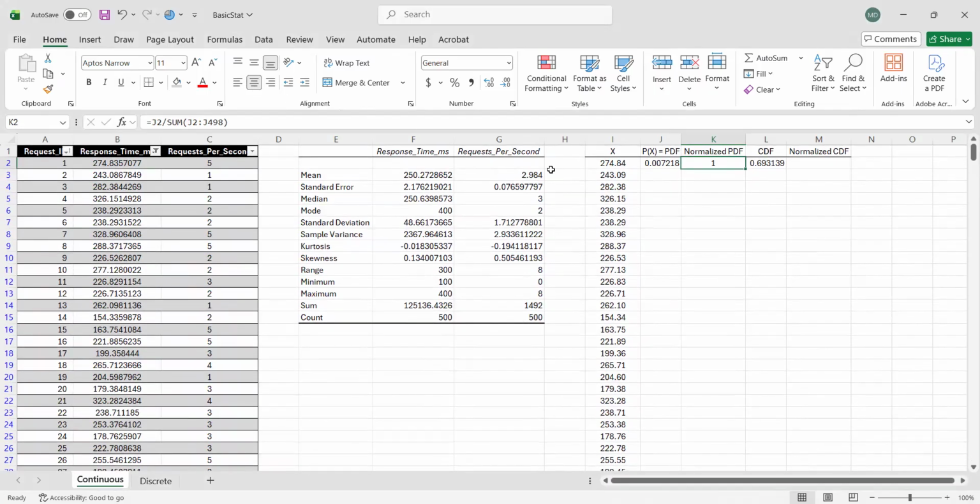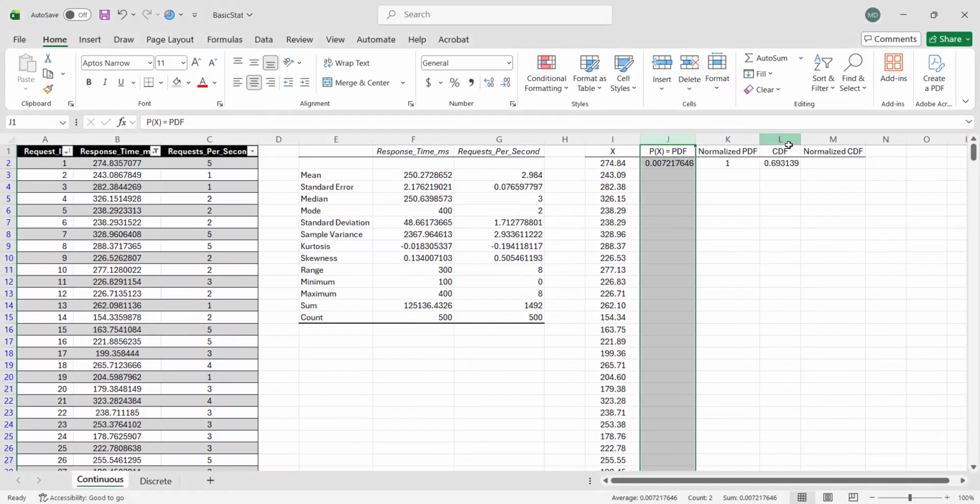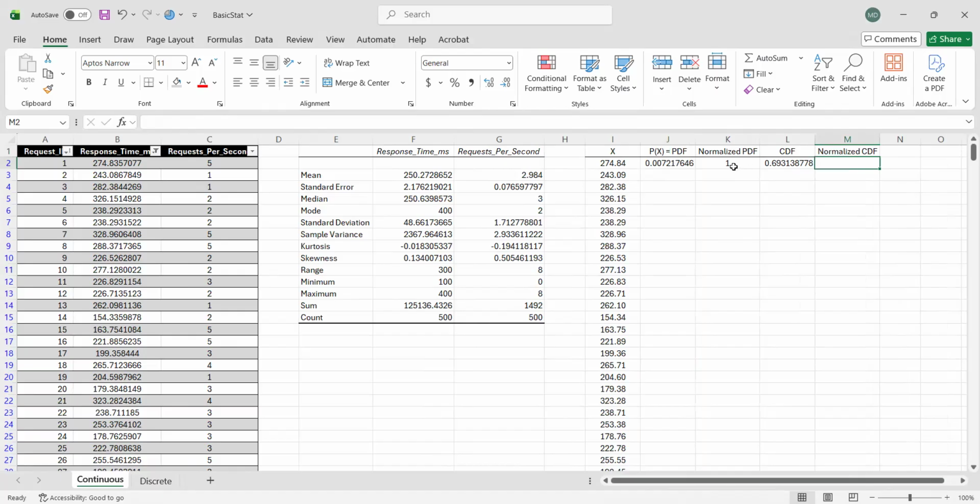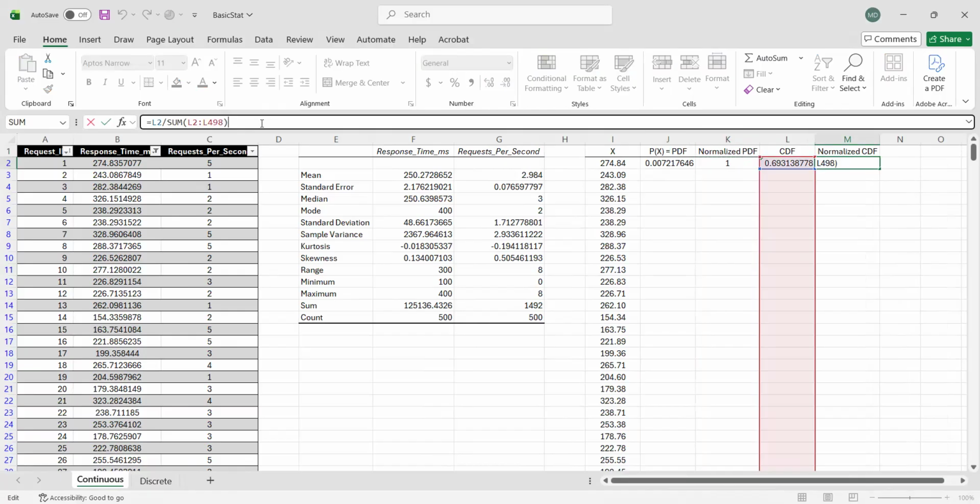Right now, don't mind that because we only have one value for now. That's why it's just one. But later on, it will change as we input the values for the other rows. The same formula, we're going to copy for this one: this value divided by the sum of all the values here.